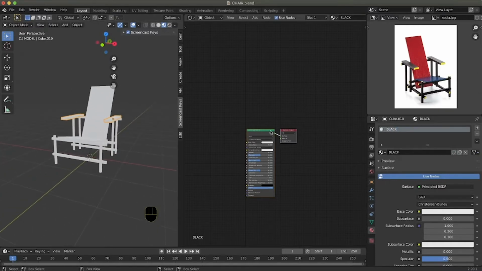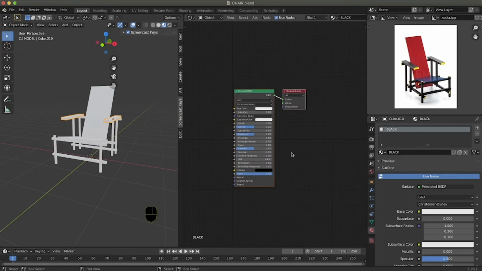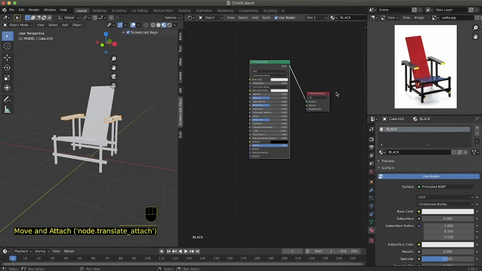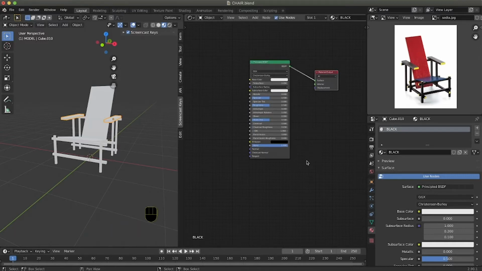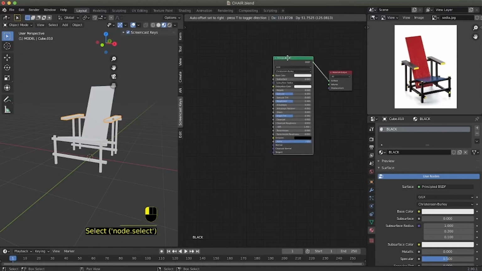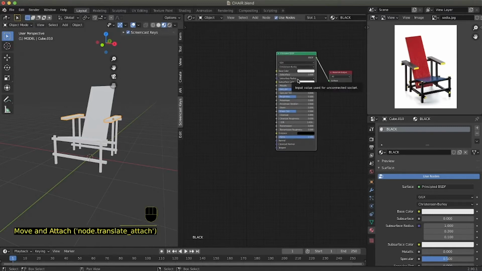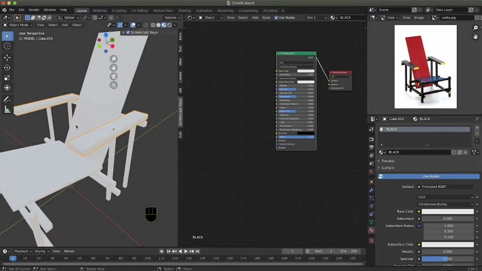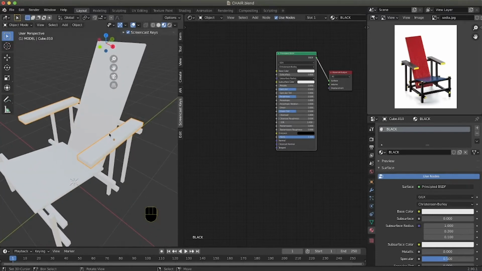When you create a new material, you will have a Principled BSDF node attached to the material output. Now, nodes can look a little bit scary at the beginning, but they become very useful and flexible once you understand the methodology behind them. The Principled BSDF controls every aspect of your material, from the color to the metallic, so if the material is a metal,